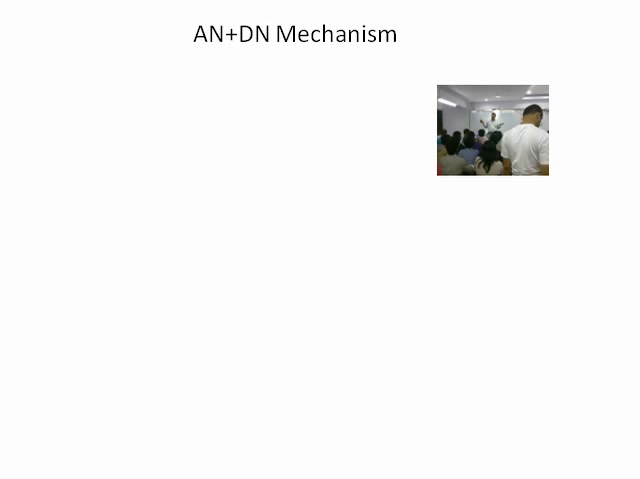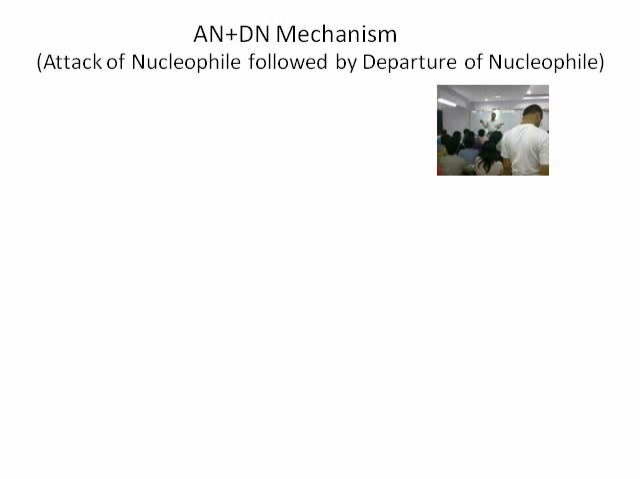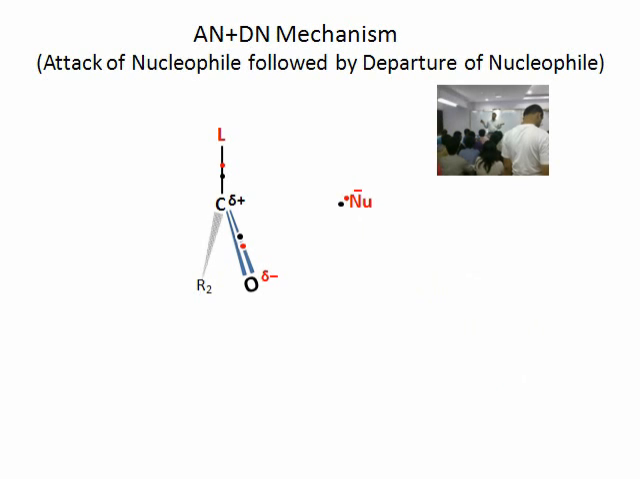AN+DN mechanism. Here, AN+DN mechanism stands for attack of nucleophile followed by departure of nucleophile. Let us see this molecule. This is the carbon which is connected to oxygen. Because of more electronegative oxygen atom, there is delta positive charge on the carbon and delta negative charge on the oxygen. So when any nucleophile approaches this delta positively charged carbon, it starts forming a bond and the carbon-oxygen pi bond starts breaking